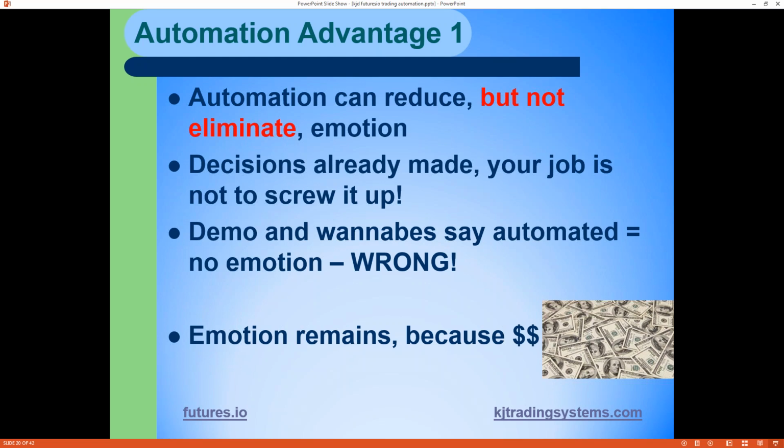Now, if you do an automated route or like an algo, it might be, my last couple trades lost money, maybe I should turn the algo off today. That's how your emotions change. They change what you're doing, but you still get all stomach churned and that kind of thing. The only thing that gets rid of that is just the amount of time you spend trading, and eventually your emotions don't matter as much.